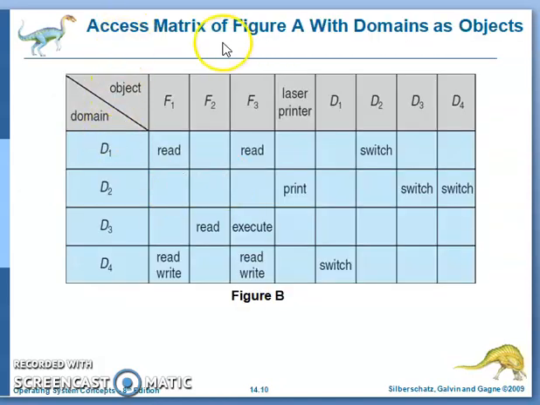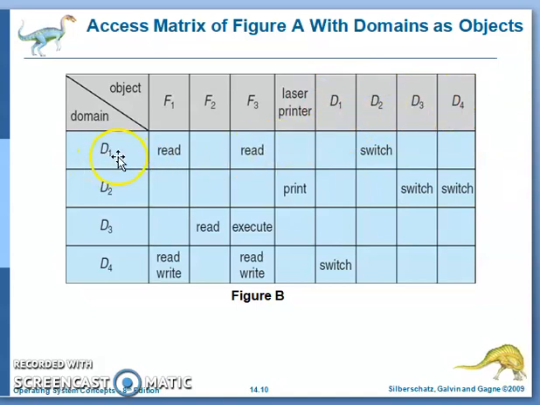Now see, access matrix with domain as an object. Here is one more example. These are the domains. Rows represent the domains, and columns represent the objects. Now this is a laser printer. Again the columns, the domains as objects. Now you see D1 as a column, that is one object. So our objects are the domains as objects: D1 as an object, D2 as an object, D3, D4 also as objects. What is the meaning of this?